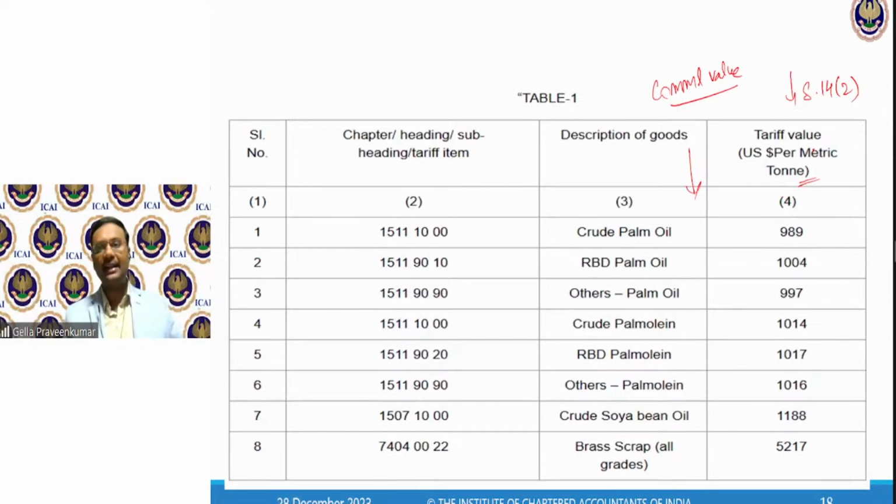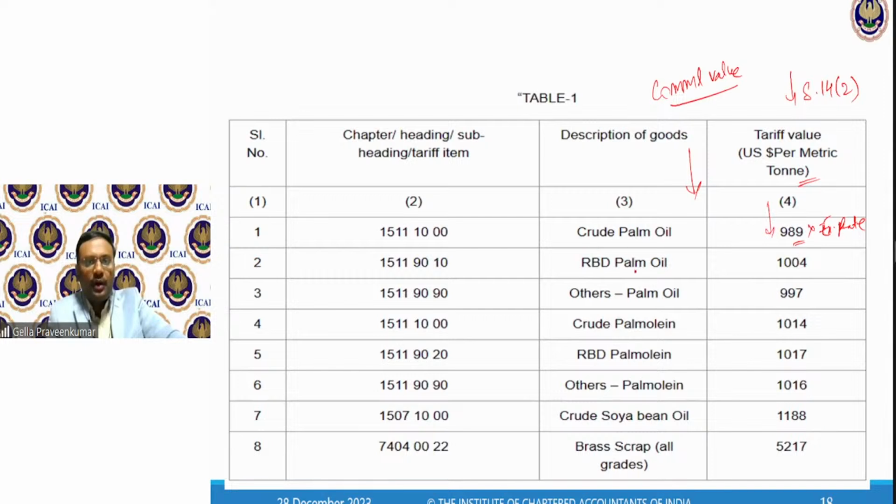So here they say per metric ton, the tariff value in US dollars: 989 US dollars per metric ton. This into exchange rate, I'm going to get my transaction value. On this particular item, I would calculate basic customs duty. So under 14 subsection 2, instead of your commercial value, the government has authority to prescribe the predetermined rate.